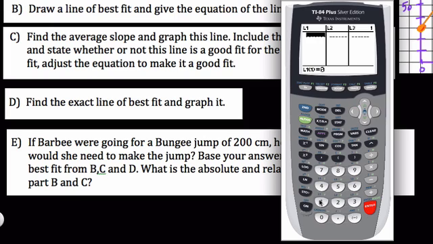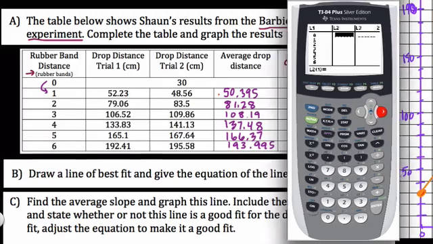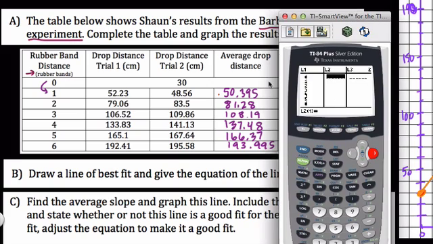The x values are just the 0, 1, 2, 3, 4, 5, and 6, the rubber band values, and then the second list will be our y values, or the drop distances that we've already recorded. So I'm going to use the average drop distances here. For list 2, we're going to enter in the drop distances, so 30 at 0 rubber bands, and then